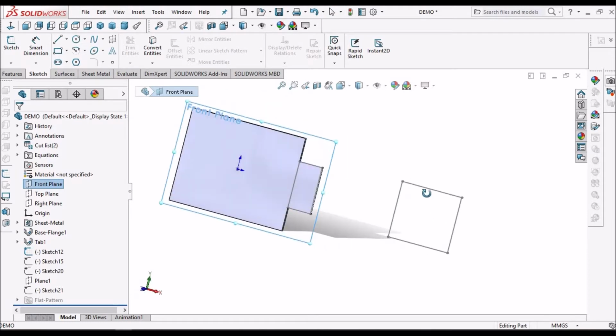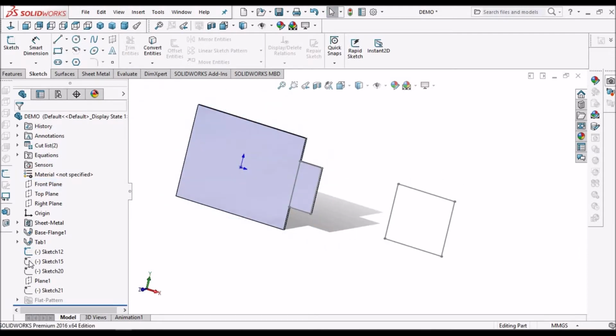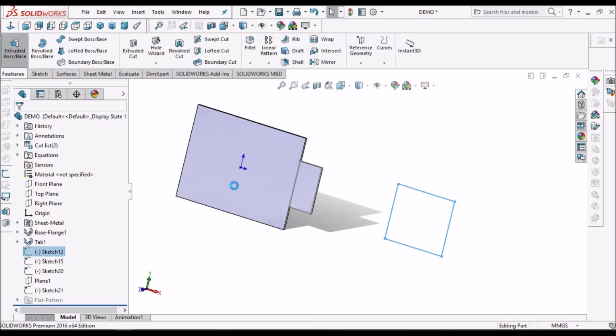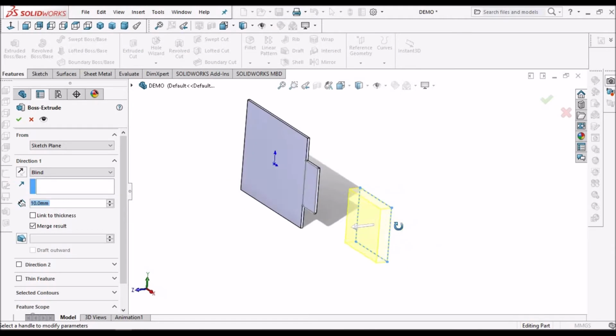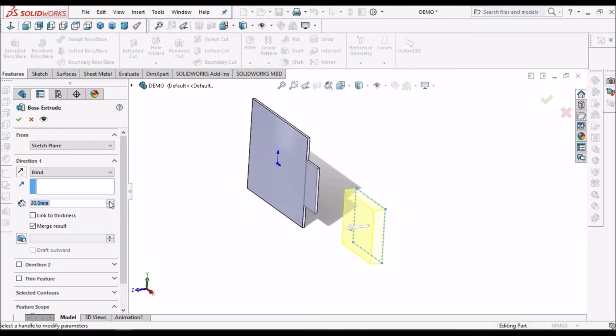See here, select the sketch and go to extrude. So increase the height. So this is how.